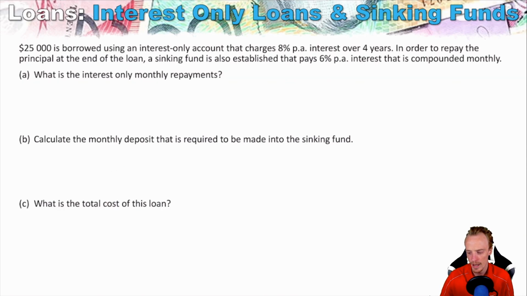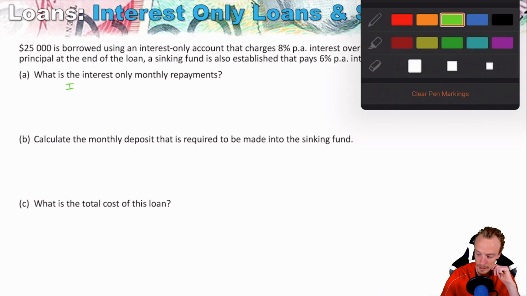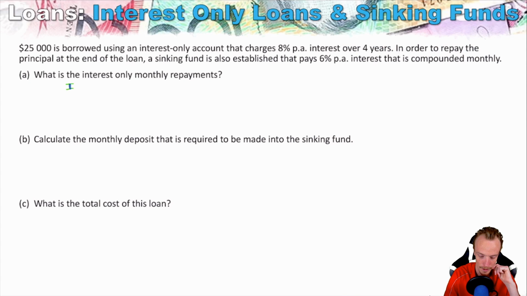Let's now have a look at the calculations that we might be interested in making when we're looking at an interest-only loan and sinking fund, starting with how do we actually calculate the monthly repayments? And this is something that I noted just before, in that when you're calculating these repayments, it's a simple interest formula. So if we remember the simple interest formula,